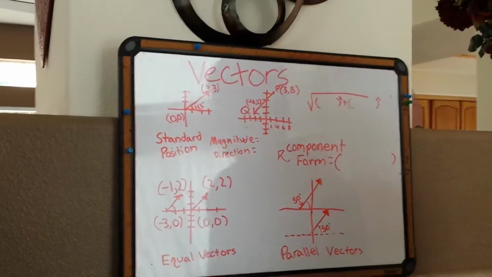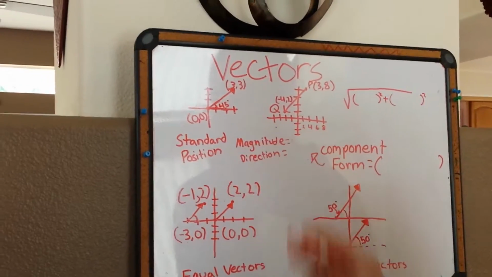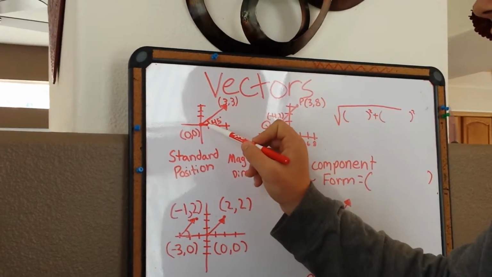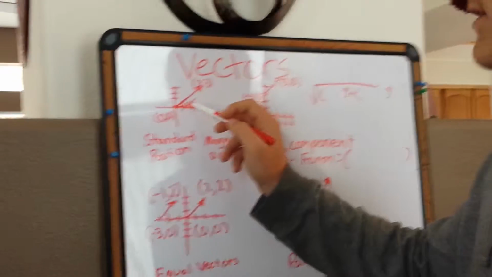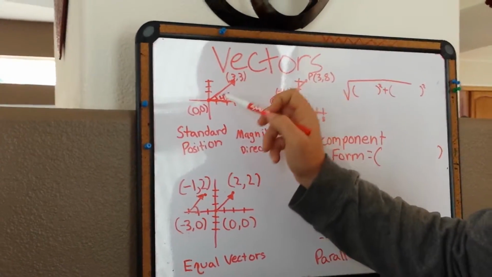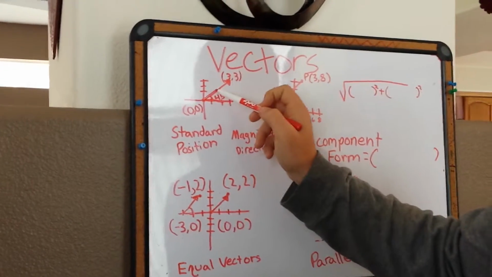So let's jump right into this. We got right here, this is a vector in standard position. Pretty simple, it starts at the origin, as you can see, 0, 0. This is the direction of the vector, which is 45 degrees. And this is the end of the vector, and the length of this is called the